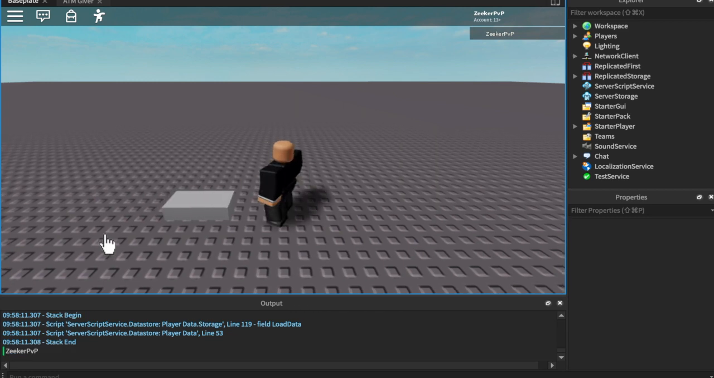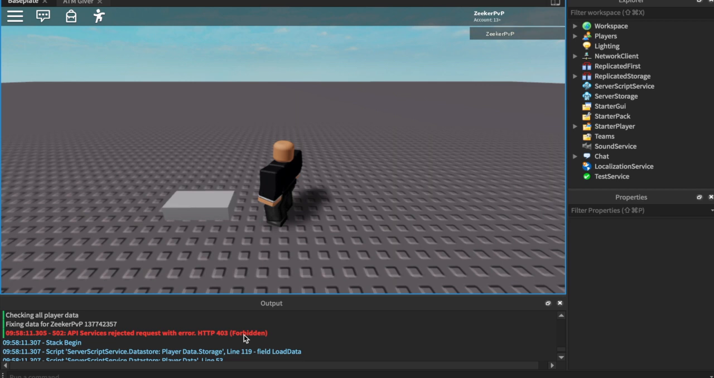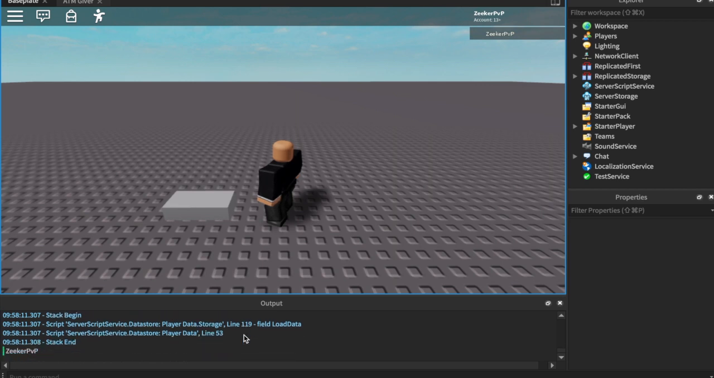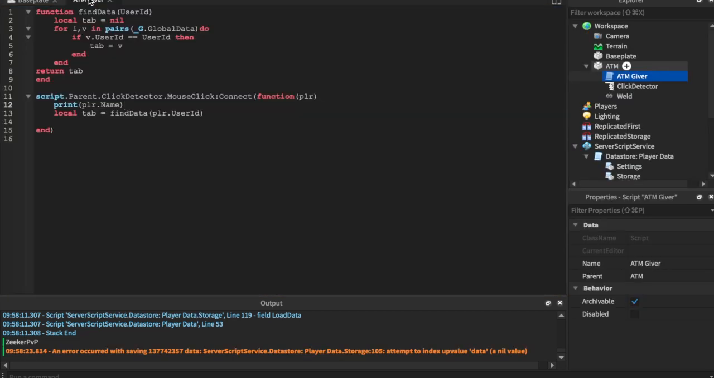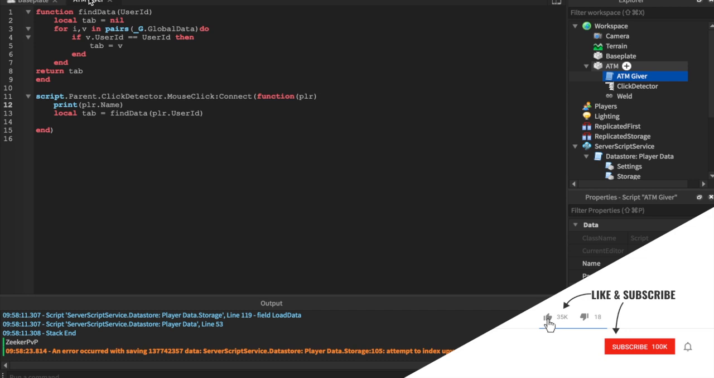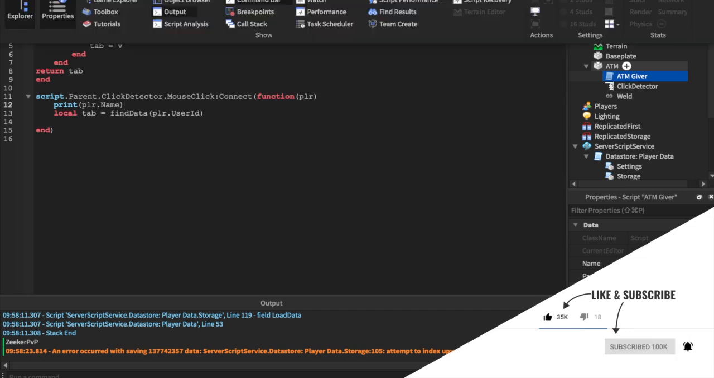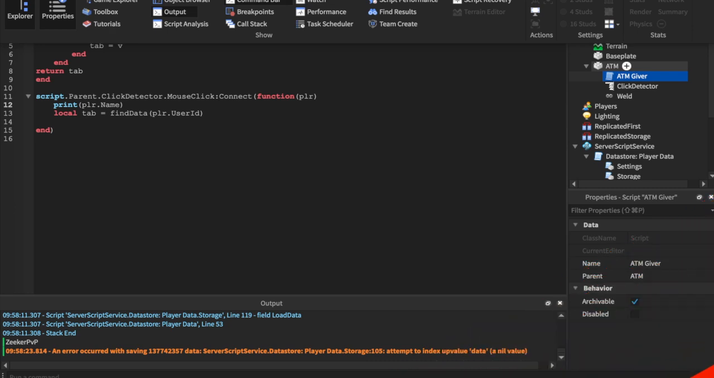So good, we have Zeeker PvP. Now you will notice you're getting a lot of errors: API services rejected request, error 403, HTTP, all that. Before you release this in your game, make sure that your API services are turned on. You can find those in the game settings or online if you just Google how to find your game